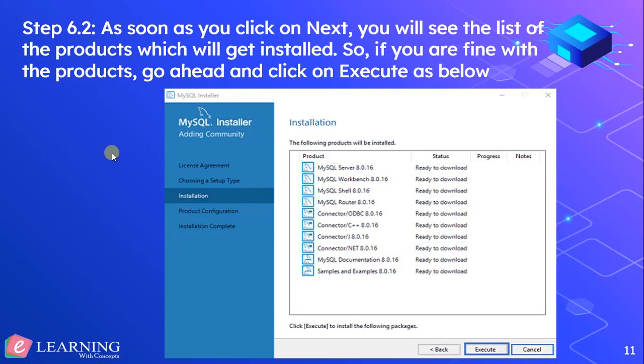By clicking on the yes button, you have to face the following pop-up window. This is the installation of all the features supported on MySQL. First one is MySQL Server 8.10, ready to download. You have to just execute to continue installation or downloading. The second one is MySQL Workbench, which we have seen already in our first session, 8.016, ready to download.